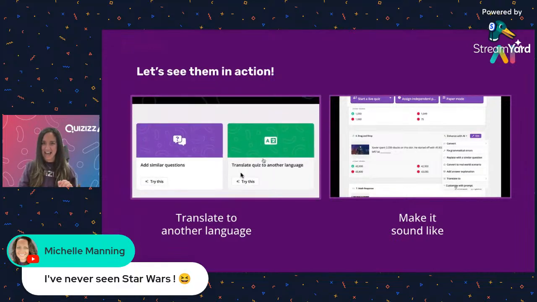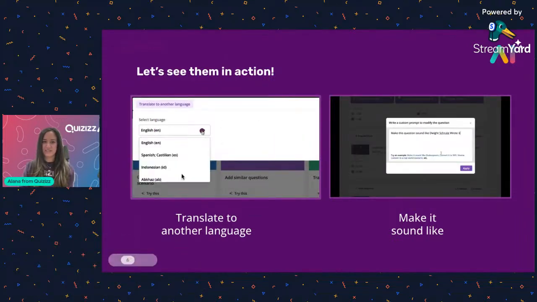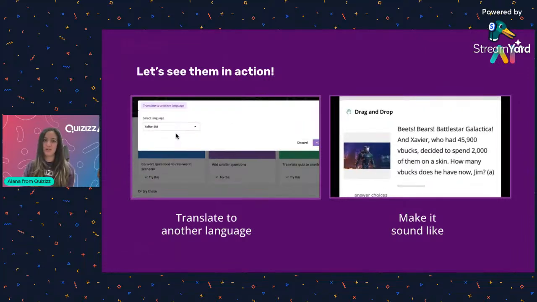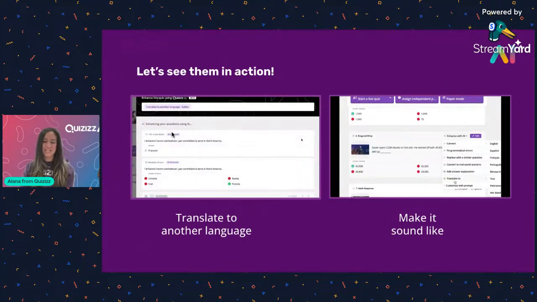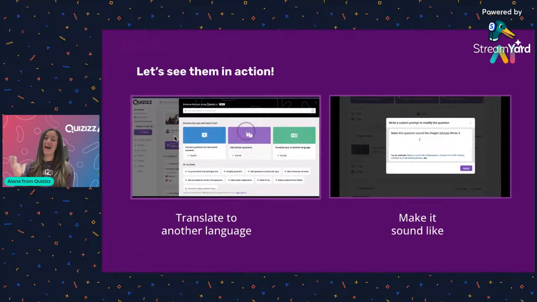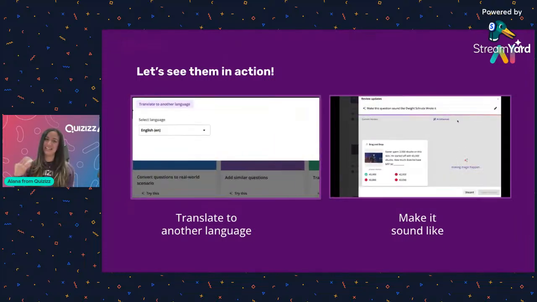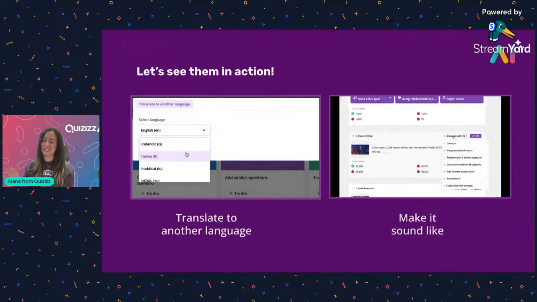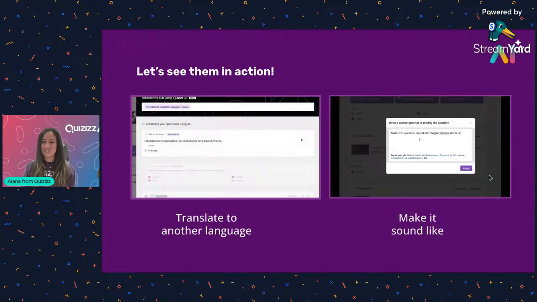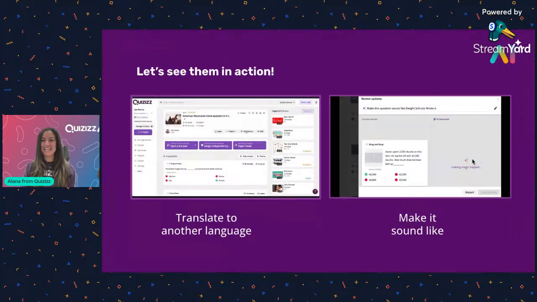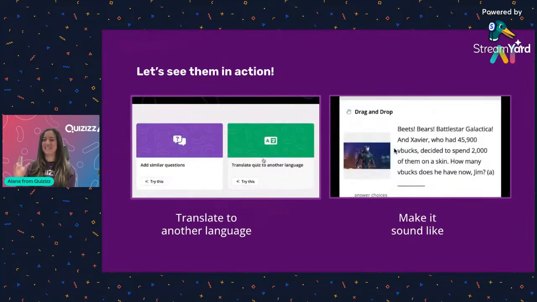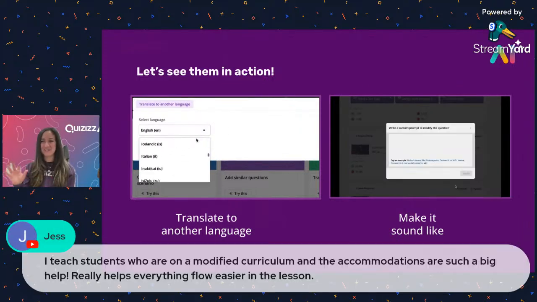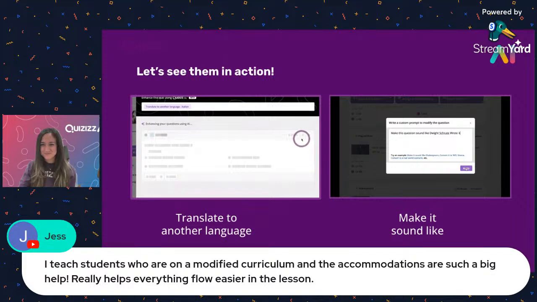And to see these in action, we've got translating to another language in this GIF on the left. So you see it's really quick. We have a bunch of different languages that you could choose from. And then Quizizz AI does the magic. Honestly, sometimes I'll do this and I can't even believe that this is real and that it's so fast, but it's pretty amazing. And then on the GIF on the right-hand side, it actually is taking the assessment and making it sound like Dwight Schrute said it, which I mentioned before. So I love this. It's awesome and a lot of fun.